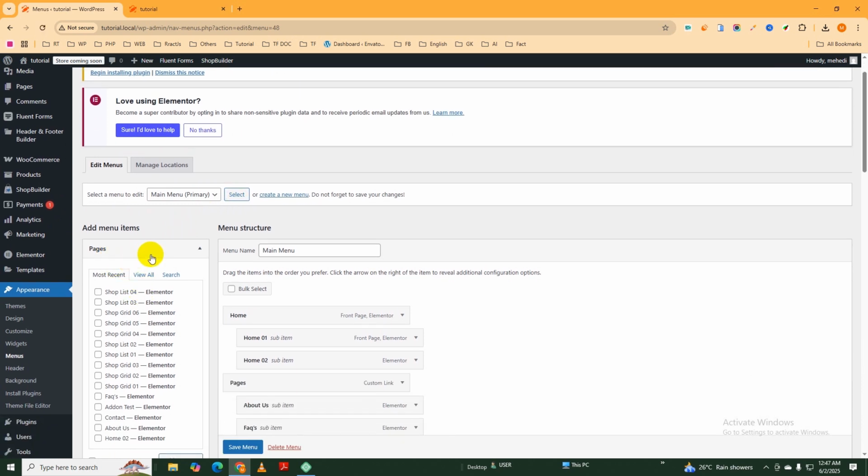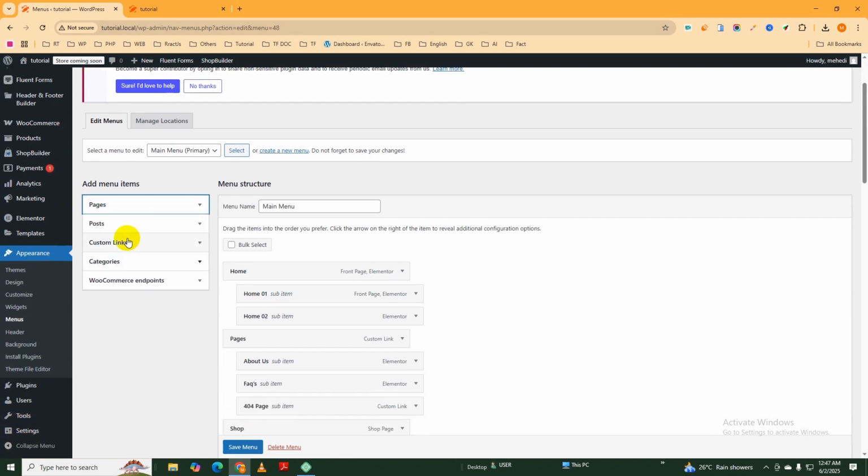On the left side you can see, very first, it's showing all pages. Then posts, custom link, categories and WooCommerce endpoints. I want to add products category to the main menu, but you can see the product categories are not shown here. So very first we have to show products category here, then we will be able to add to the